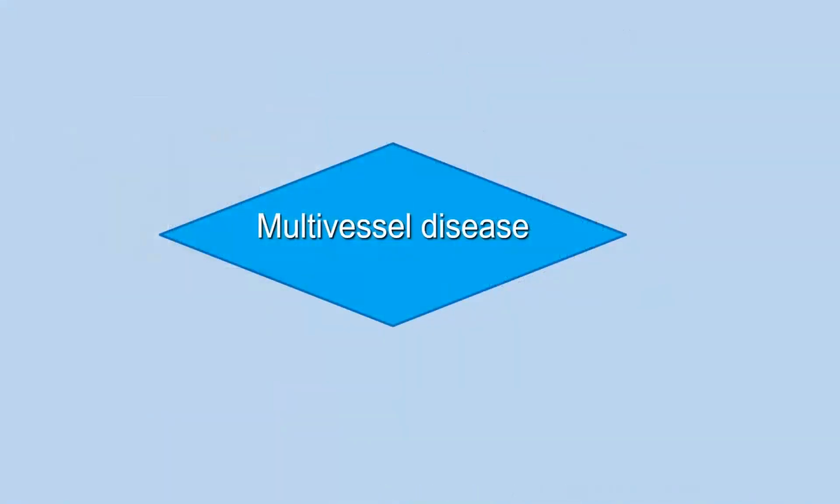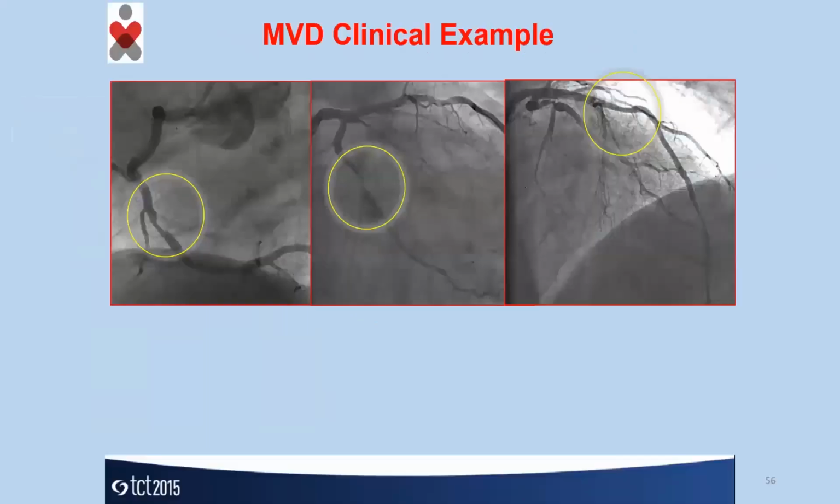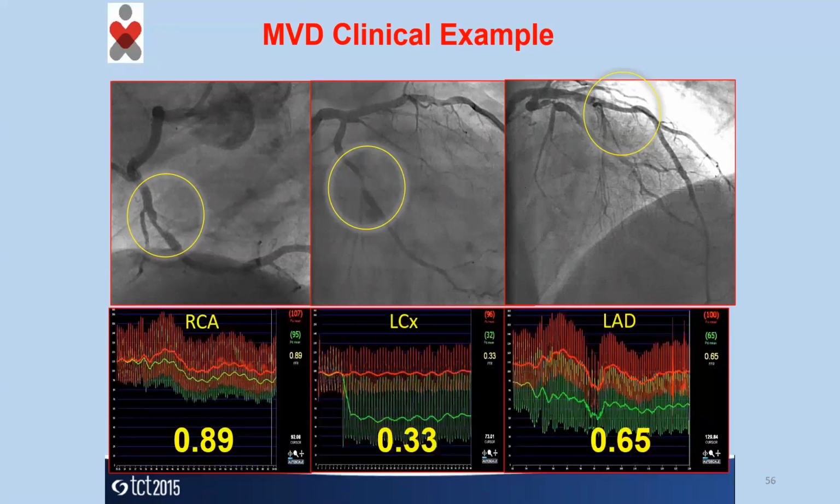So now moving to multivessel disease, again imaging and physiology is extremely useful, such as in this example you have multiple lesions in all the three vessels. But if you think that the lesions are significant based on angiography, sometimes we're completely wrong. As you can see here, the RCA lesion appears not to be significant, whereas the LAD lesion appears to be